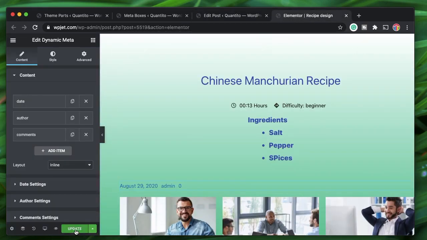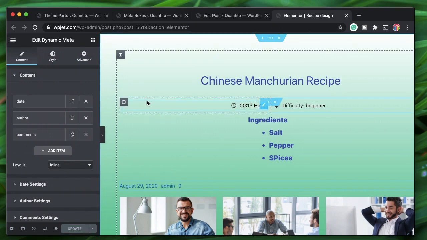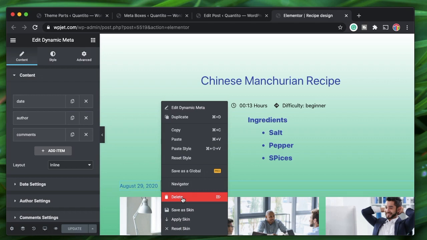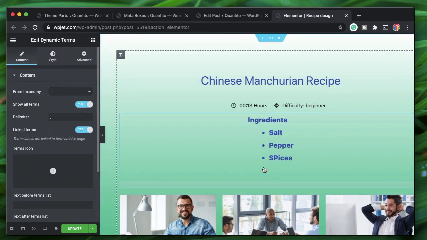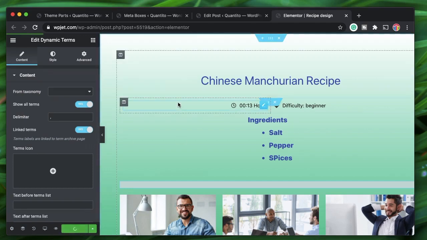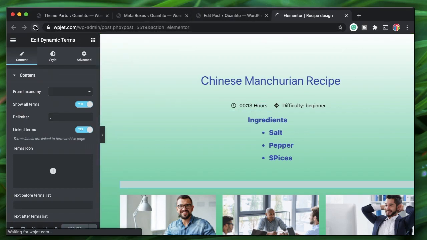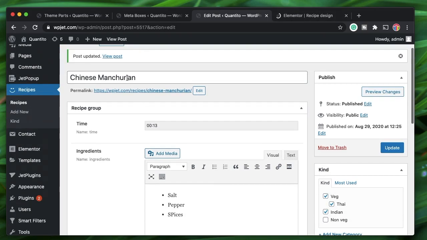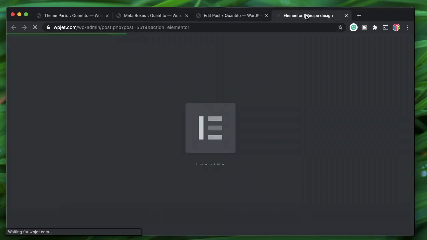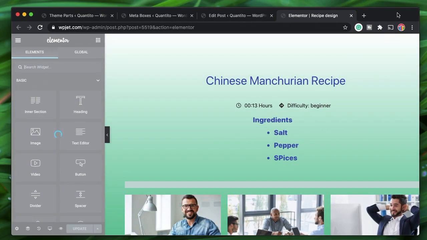I think we need to refresh this page. It's not dynamic meta, it's dynamic terms. So terms are basically like your custom taxonomy. When I drag it, nothing actually seems to happen. I'll update this and refresh this page because we just added 3 taxonomies to this post, which is Chinese Manchurian. I'll reload this Elementor interface. Once the interface reloads,